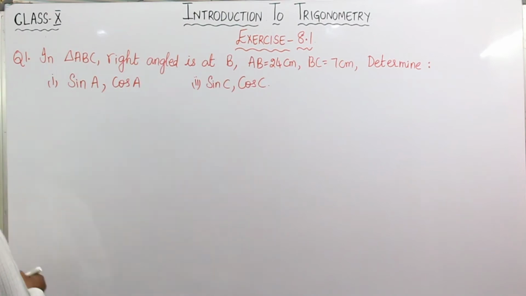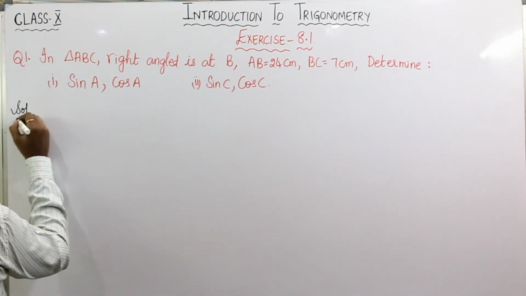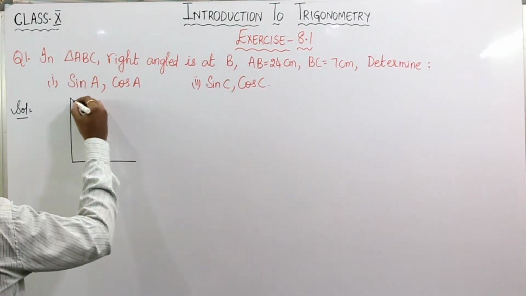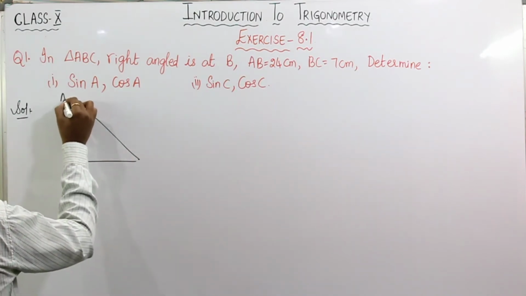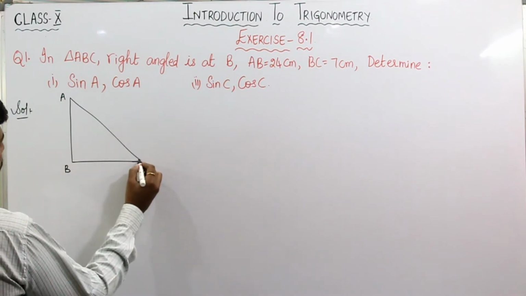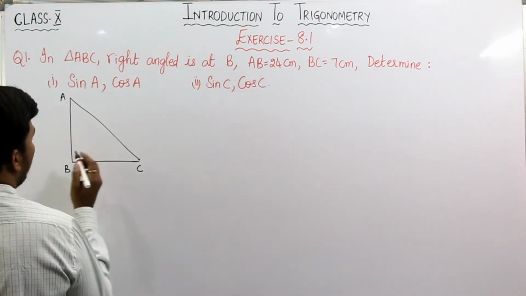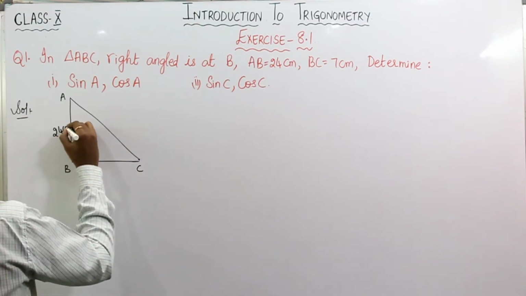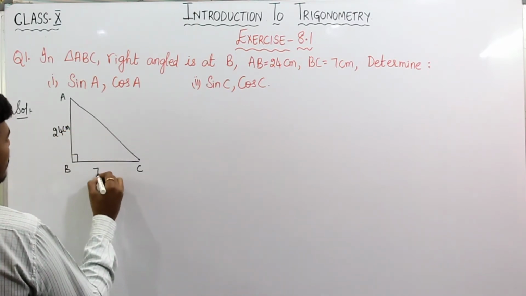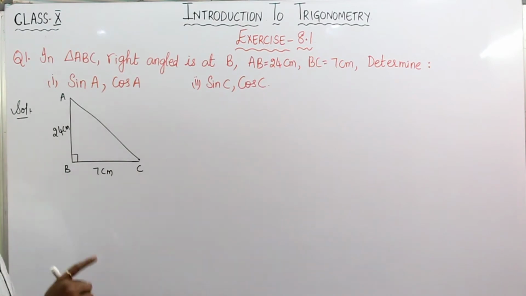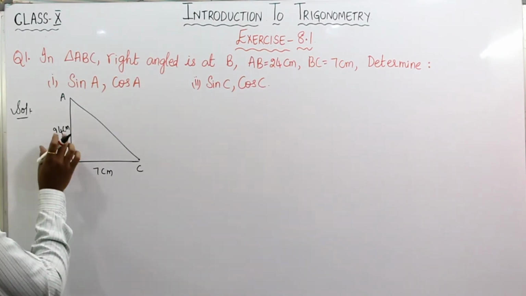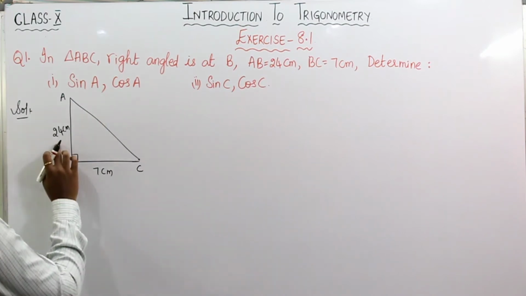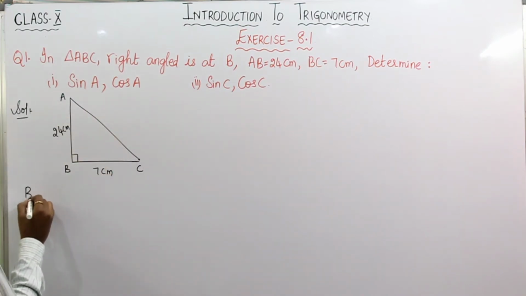So your first step should always be to consider a right angle triangle ABC. What is given? Right angled at B, and AB is given as 24 centimeters, BC is given as 7 centimeters. So your first step should be finding all the three sides of the right angled triangle. So by using Pythagoras theorem,